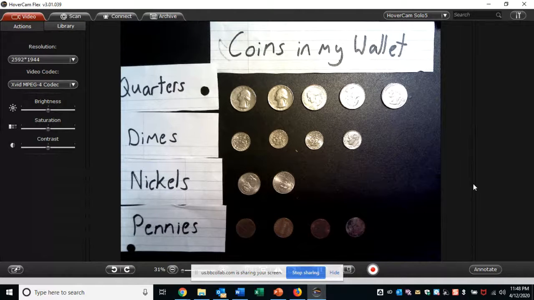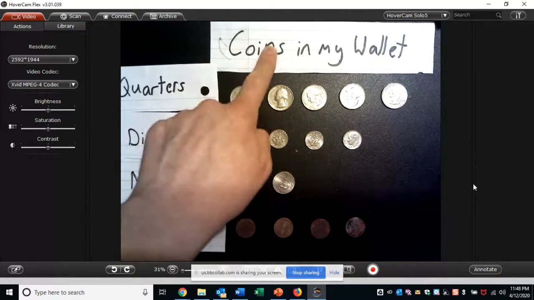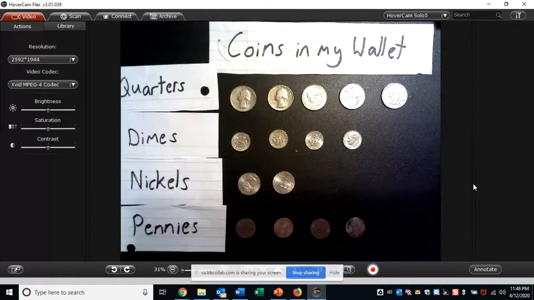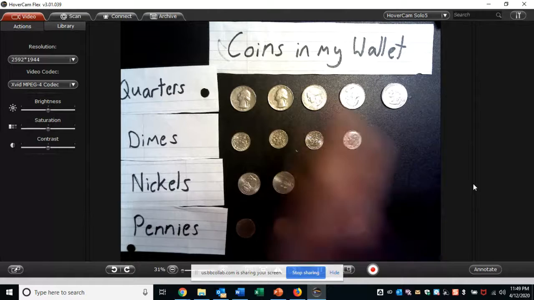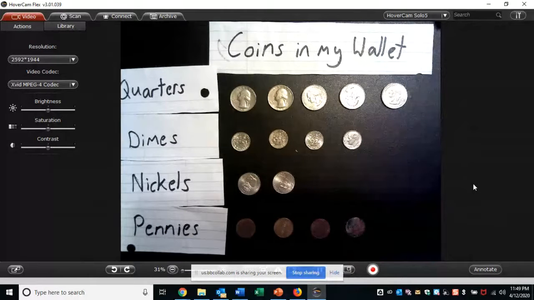So here is an object graph that shows the coins that I had in my wallet. We have a title for it that tells us what this graph is all about. We labeled all the different things we're counting, and when we see it all organized in nice rows, it's really clear to see how many of each type we have, and that helps us solve those questions. Now let's do